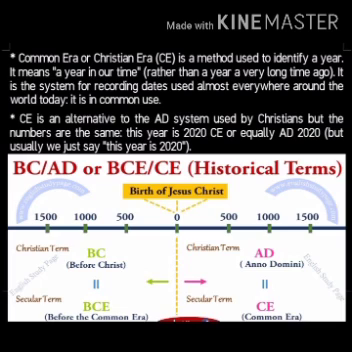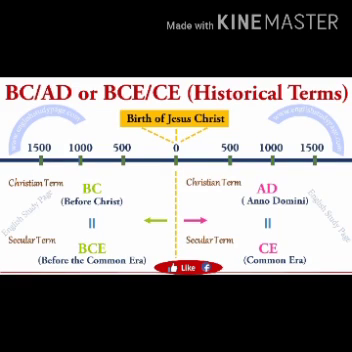Under the Gregorian calendar, the year is divided into 365 days, or 366 days in a leap year. The years are numbered according to the year in which Lord Jesus Christ was believed to have been born. The period before the birth of Christ is known as BC, that is before Christ, and also known as BCE, that is before Common Era. And years after the birth of Christ are known as AD, that is Anno Domini, or also known as CE,